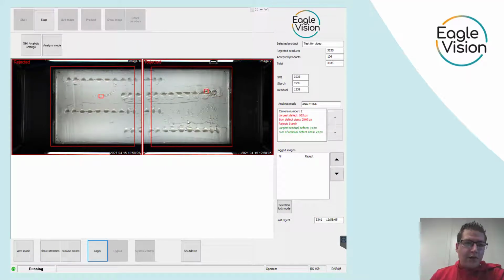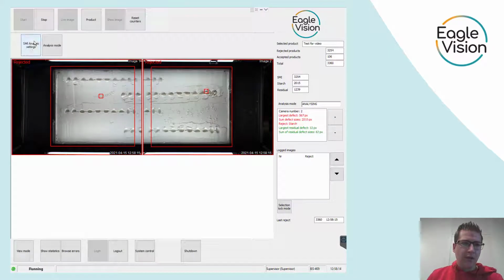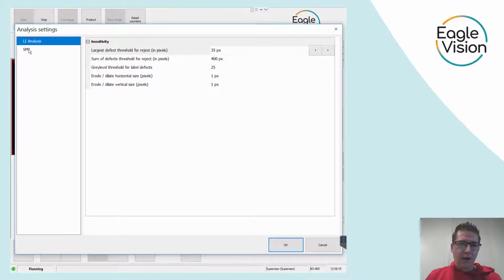If you want to access the analysis settings, you normally need to log in with your supervisor level password. Go to login with your supervisor level password, and then you can access the SMI analysis settings. If we go in here, the top one, LI analysis settings, stands for label inspection analysis settings. These are the ones that I will discuss today. Over here you have a few settings: largest defect within a pixel size, sum of all defects in a pixel size, the gray level threshold, and